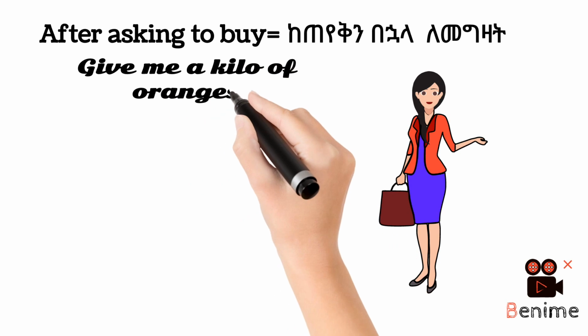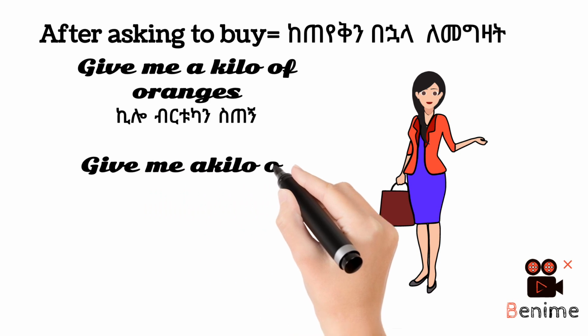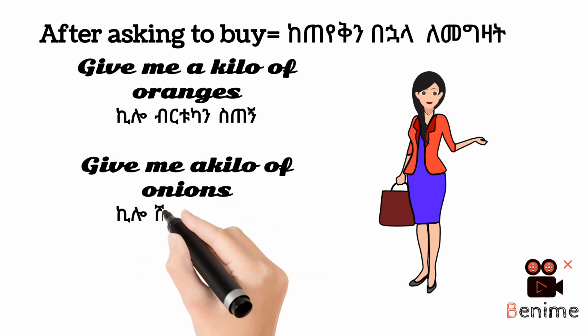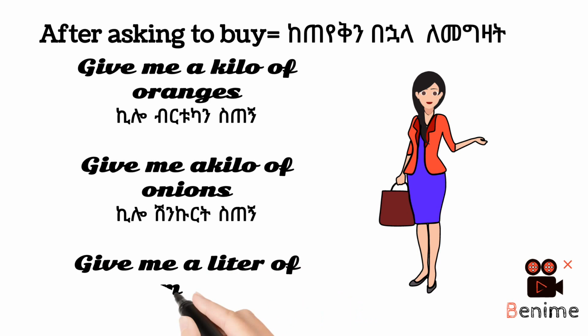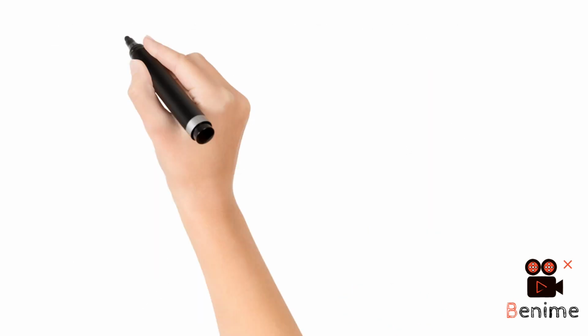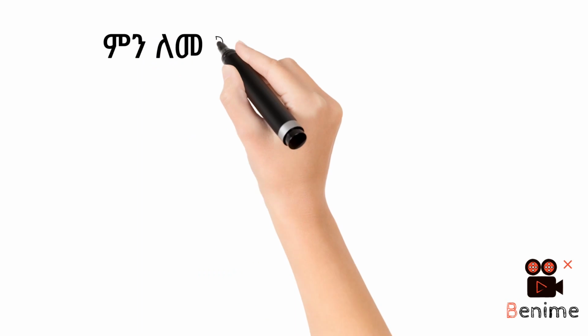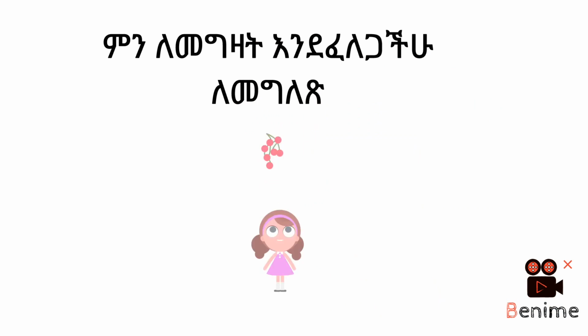Give me a kilo of oranges. ኪሎ ብርቱካን ስጠኝ። Give me a kilo of onions. ኪሎ ሽንኩርት ስጠኝ። Give me a liter of milk. ሊትር ወተት ስጠኝ።